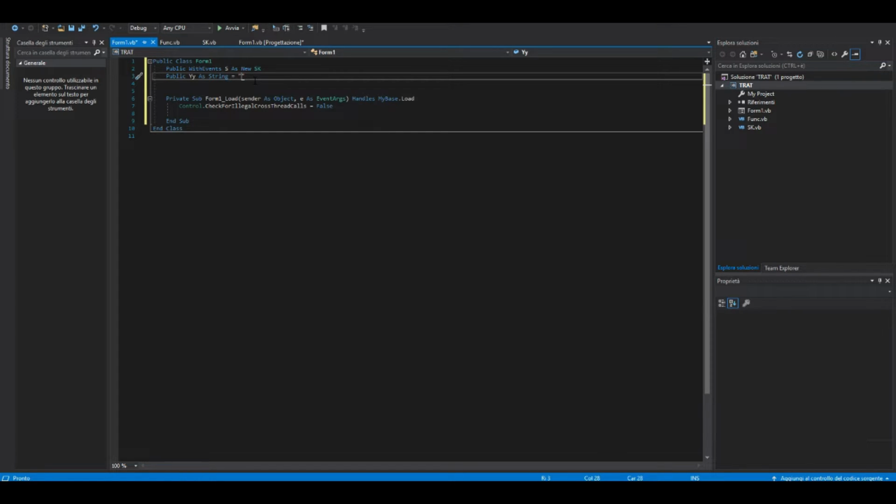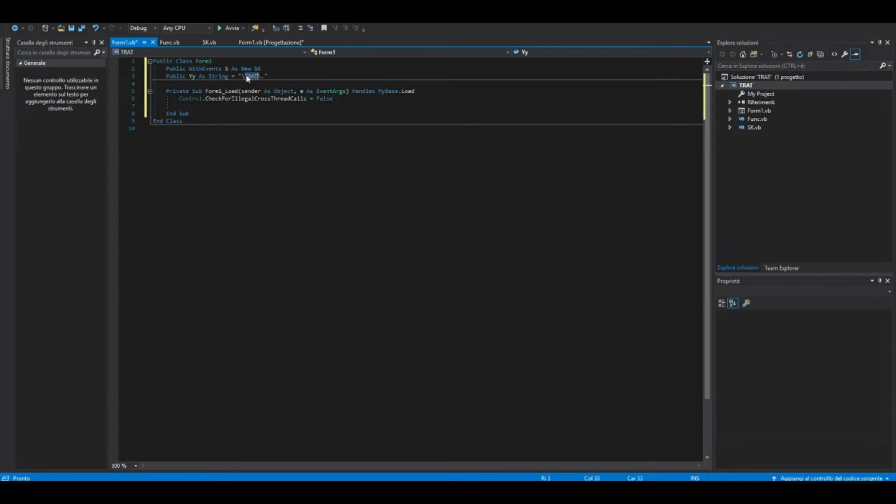So you can declare some particular strings. I suggest you write the string between two slashes, because you create a really unique kind of string. Maybe just add a point even after that. And now we can say tret. It's just an example. You can select whatever string you want. Just be sure that it is a unique kind of string. So just select something really complicated, such as a password, so you don't lose anything or get wrong splitting